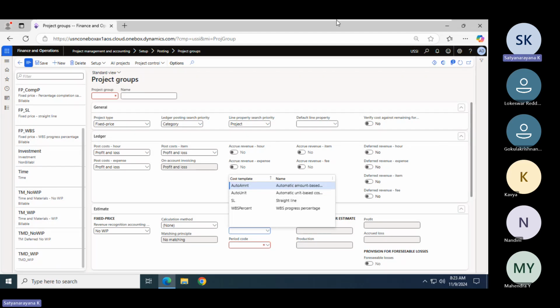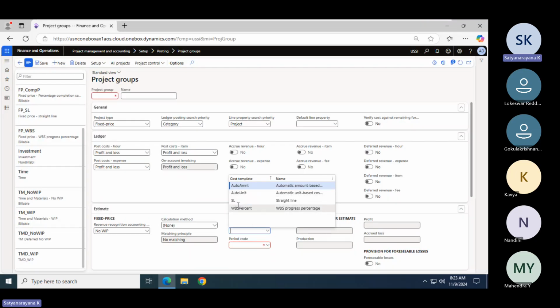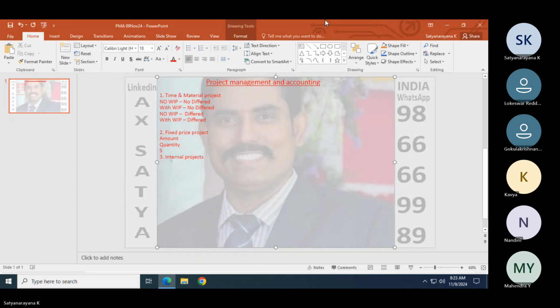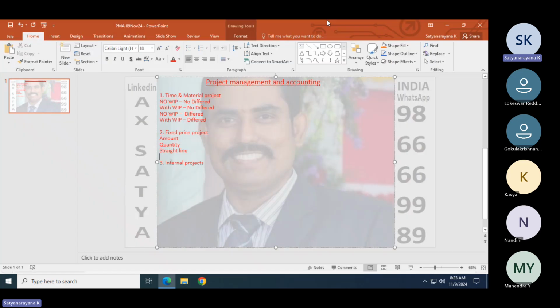One is amount, another one is quantity, another one is straight line, and another one is WPS, work progress percentage. So you are going to learn another four options. In the time and material project, there are four different classifications, and then the fixed price project.